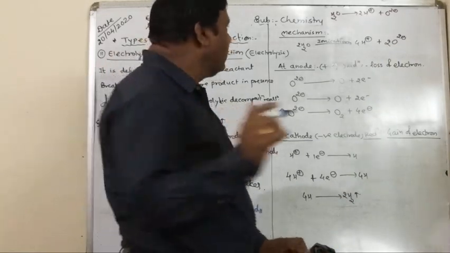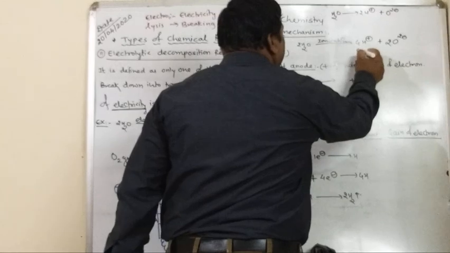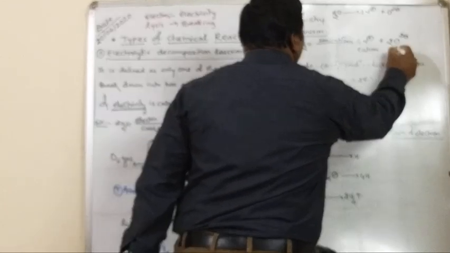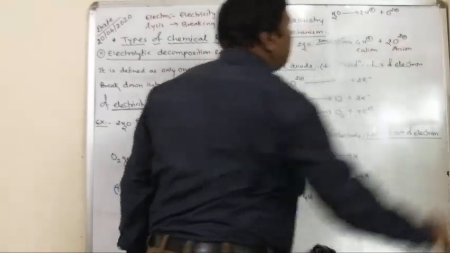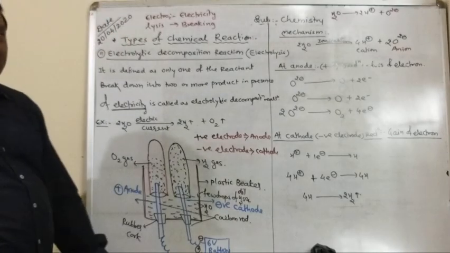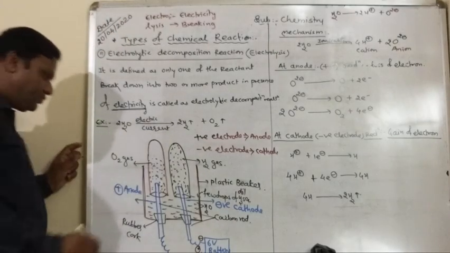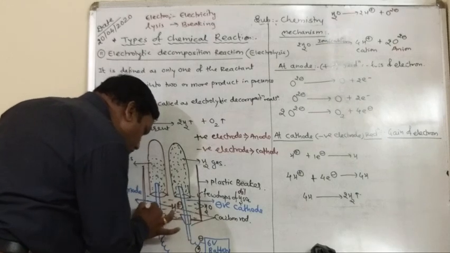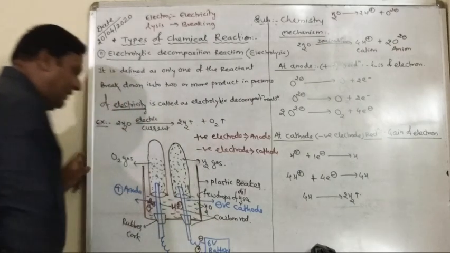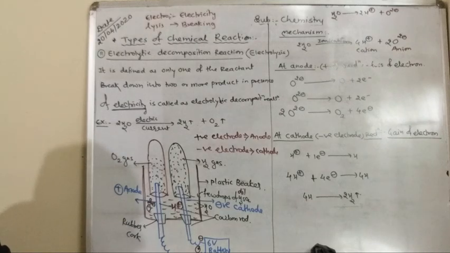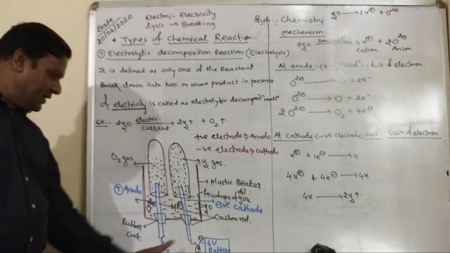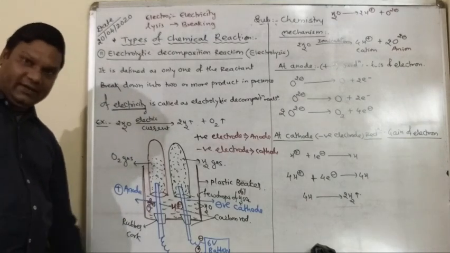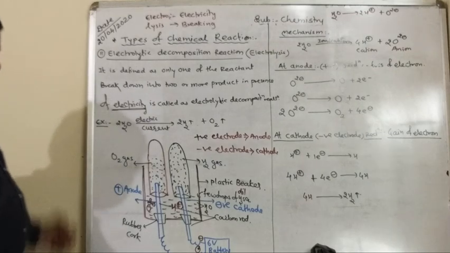So when we take 2 H2O, you will get 4 H plus and 2 oxygen 2 minus. Is it clear? H plus is named a cation, and O2 minus is named an anion. Any difficulty? Okay. So here it will be H plus as well as oxygen 2 minus. These ions are formed after passing electric current through the battery. Is it clear, madam? Okay.